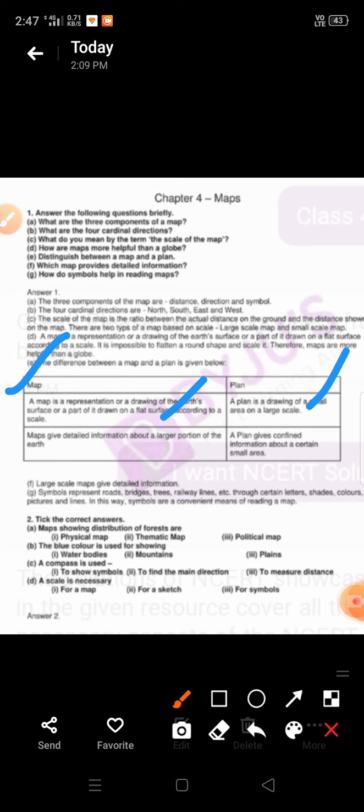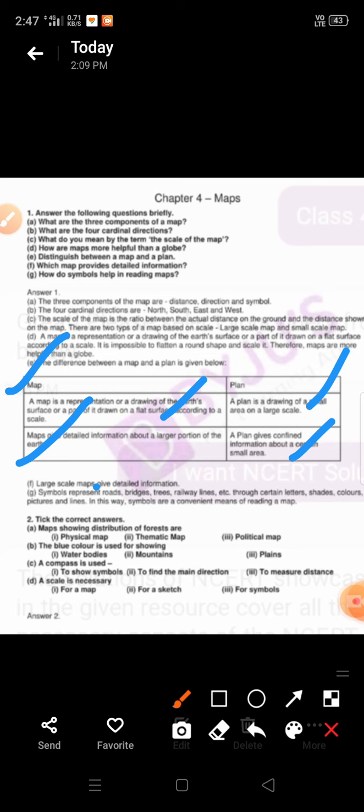Next, maps give detailed information about a larger portion of the earth. It means they describe a large portion of the earth, and a plan gives only confined information, only a few details about certain small areas. It means a plan shares only small information about a small area. Maps can present more information than a plan.